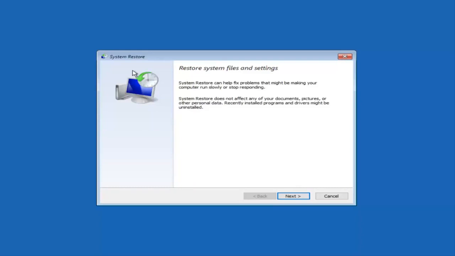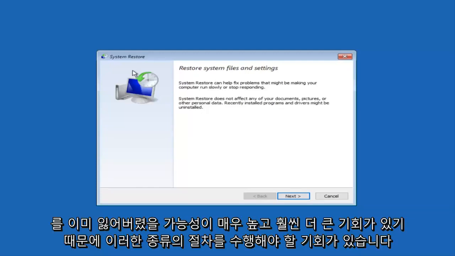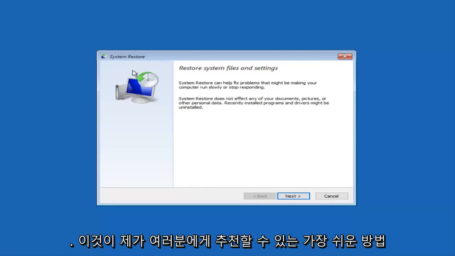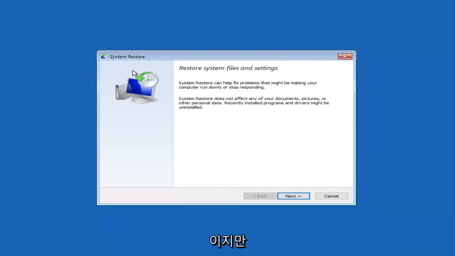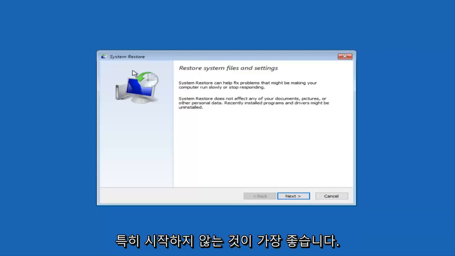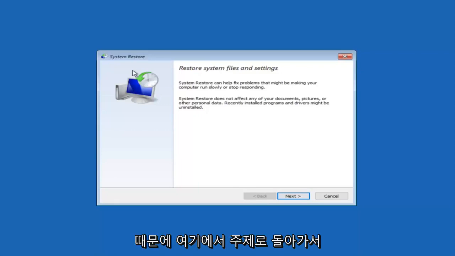And that's, like I said, a very slim, small chance, and that's kind of the chance you have to take with this kind of procedure, because there's a very good chance, and a much greater chance, you've already lost your documents. I'm going to be trying to save your information in this tutorial for you guys, holding off on just performing a clean format and reinstall until the end, just for that reason, because trust me, that's the easiest thing that I could recommend to you guys, but I don't think that is necessarily the best solution, especially not to start off with. I think we can do a little bit better than that.